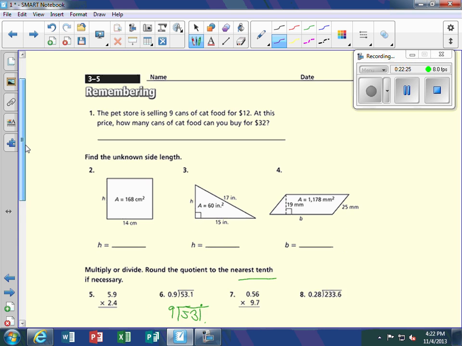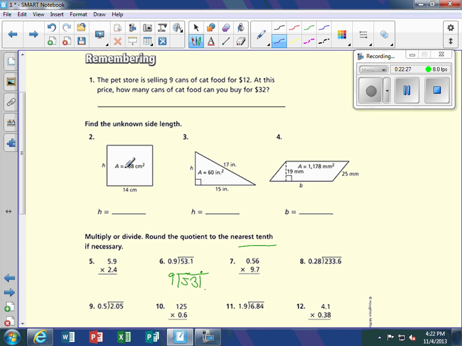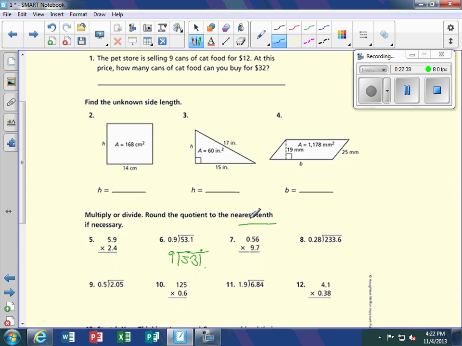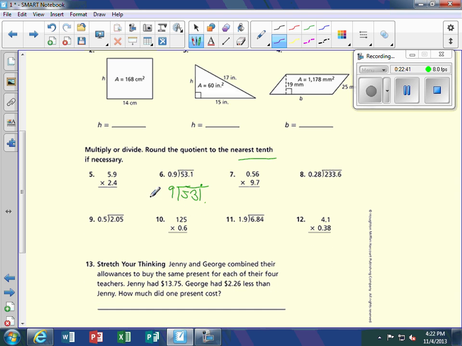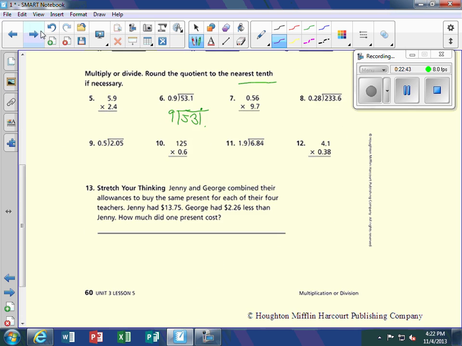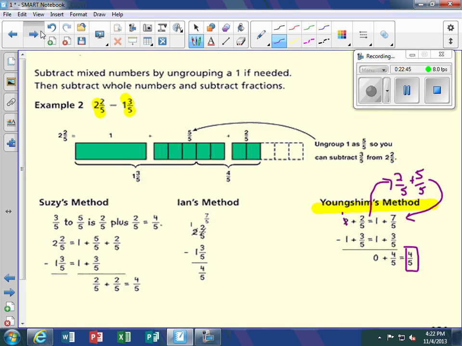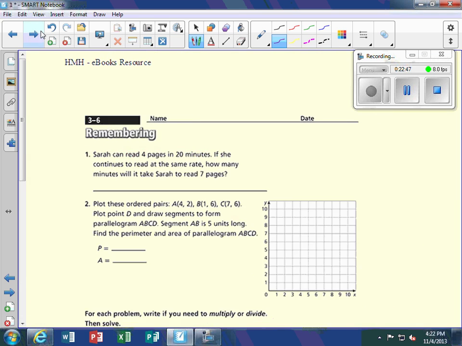And then remembering, you have knowing the length of the base and the area. You have to divide to find the height. And round to the nearest tenth. And then on 3.6, remembering,